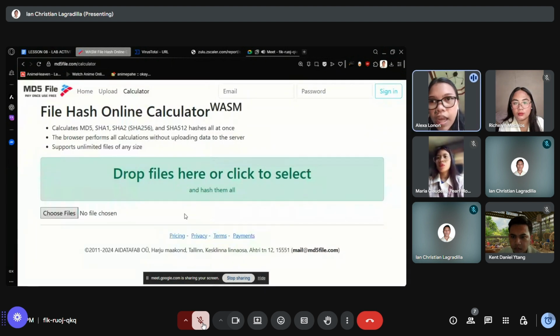Since we don't have the actual file or its correct hash, we are unable to get any result from md5file.com.